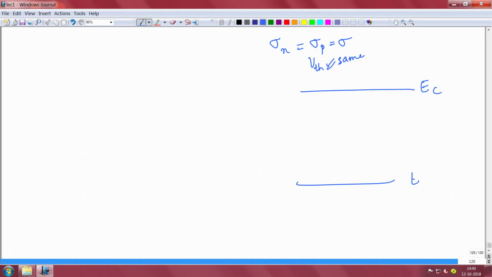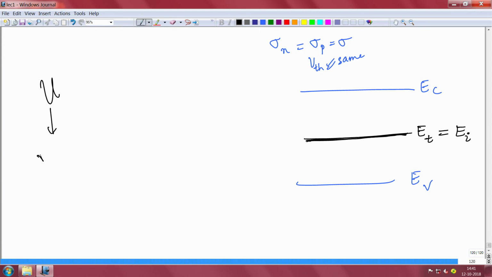Another thing, if this is your conduction band and this is your valence band, that has been assumed in all the mathematics that I did not show here, is that your trap energy level Et is at Ei, which is at mid gap. If the trap energy level is at mid gap, or Ei, then your recombination rate becomes maximum. That is why we assume it here, and that helps in the mathematics, otherwise some cosh term comes in. Anyway, when you do this, you get a major simplification.